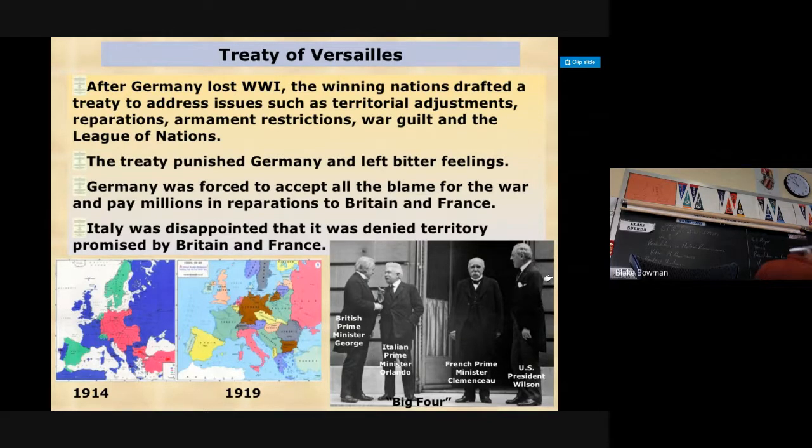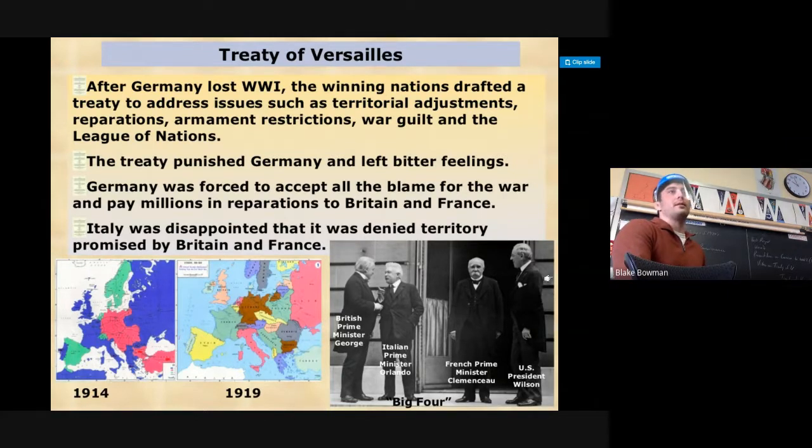And what restrictions were they? What military restrictions were taken away? Go ahead, Jeffrey. They were no longer allowed to have a big navy, and they had to slightly reduce their army. Yeah, how about really reduce it? Like almost totally taken away. Their navy was taken away because that was challenging Great Britain all throughout World War One. And some of the other military restrictions was that they were only allowed to have around 100,000 reserve troops,